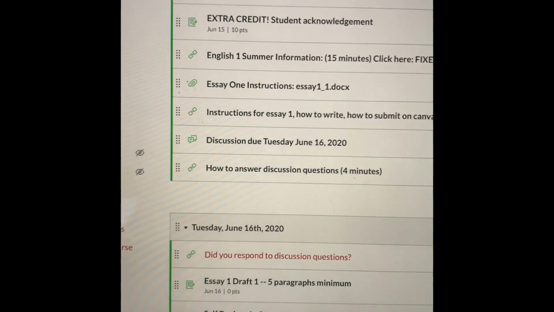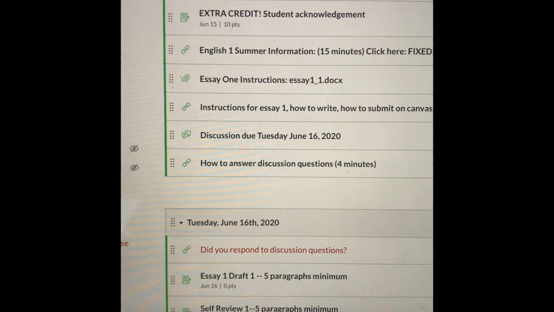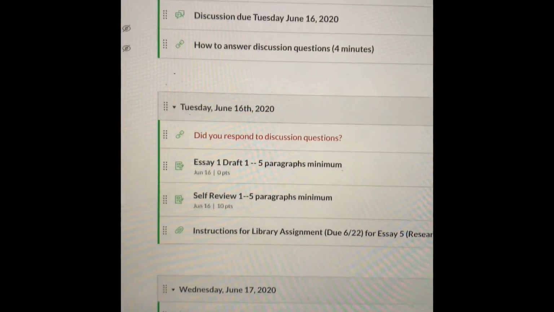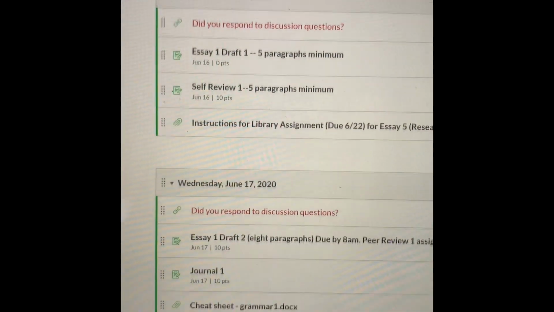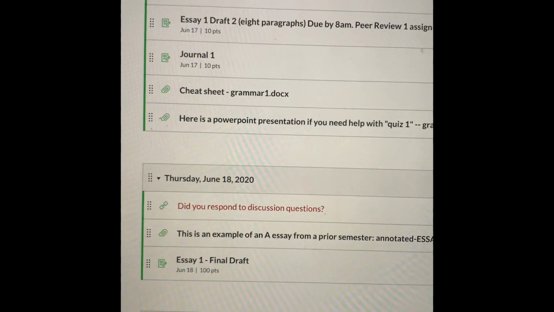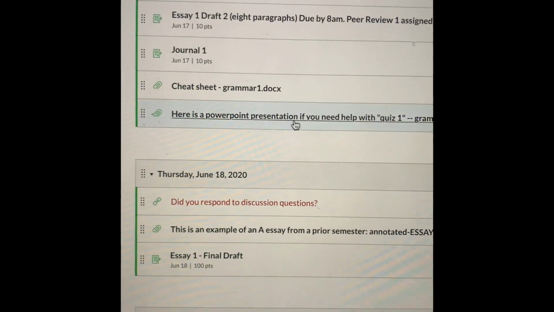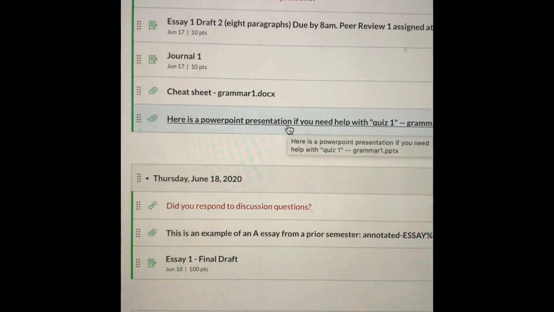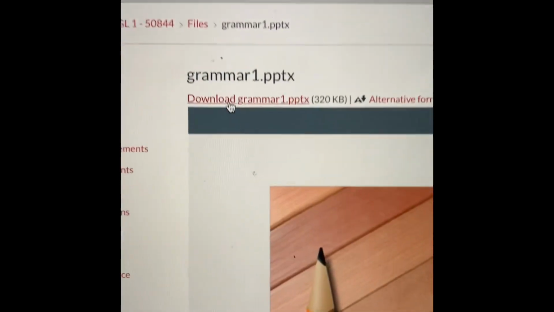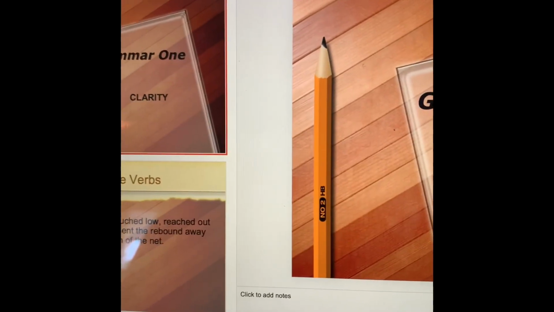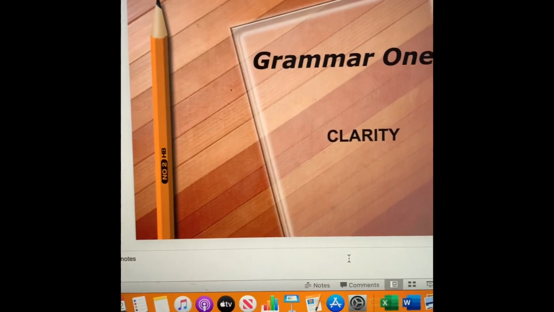Now, at this point, some of you are probably panicking because you still don't have the book yet. That means you need to get the book. But a little help that I've put out for you is on Wednesday. If you look, there's a cheat sheet and a PowerPoint presentation. So if you don't have the book yet, go ahead and download the PowerPoint presentation. Once you have it downloaded, you can watch it as a PowerPoint presentation and go through your notes simultaneously